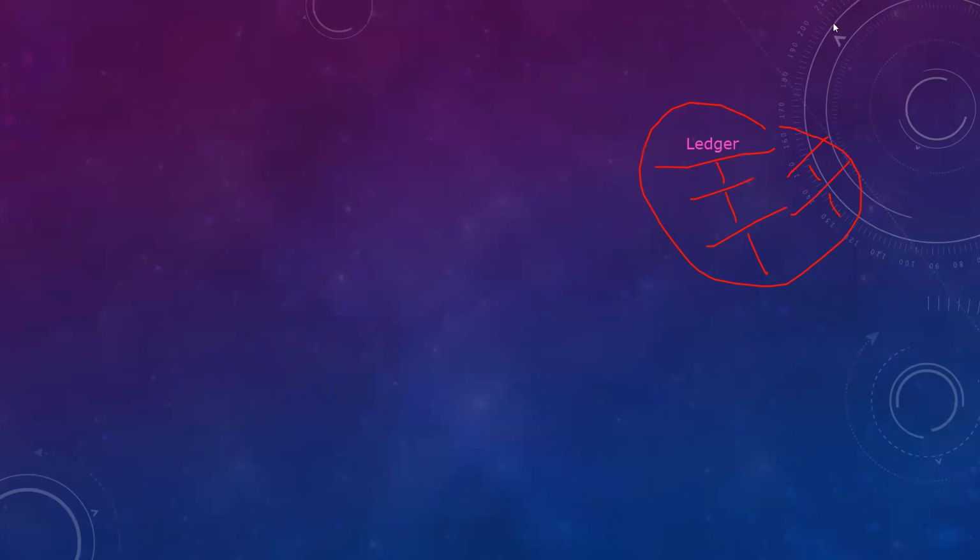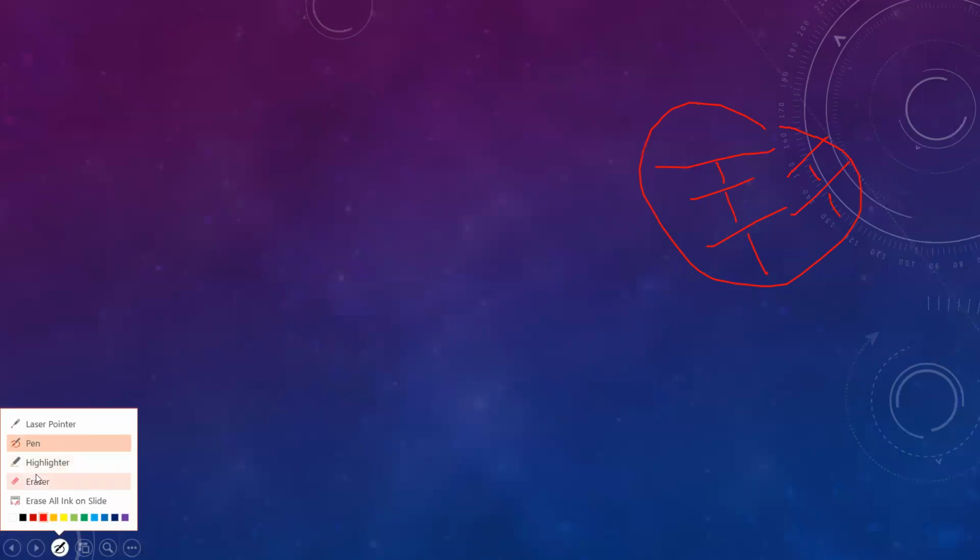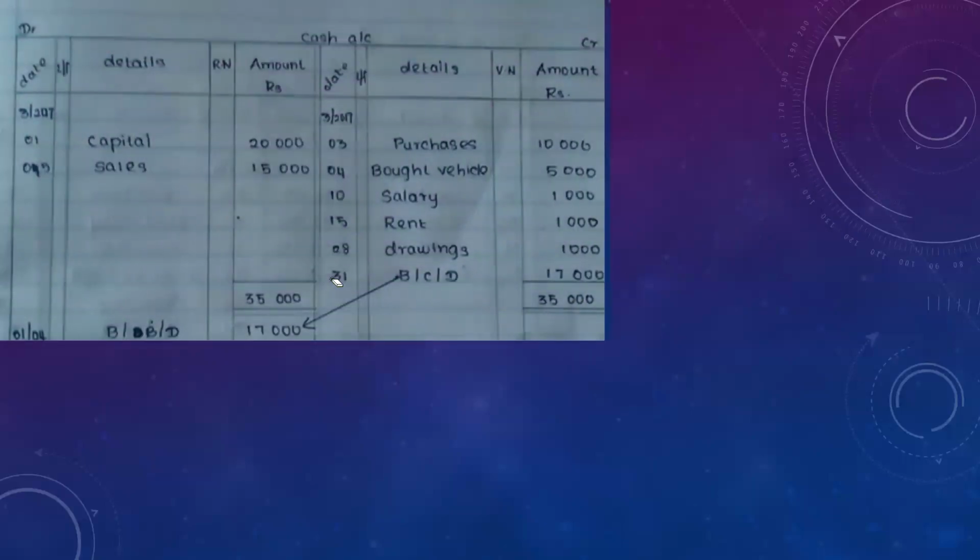Okay. Now let's come to a question. Straight away, I'm going to the question. This is a cash account. You already prepared it. You have this answer with you now. The first question, homework. I gave you 3 questions. Out of 3, the first one is this. So all of you already have the answer with you, so it will be easy for me to explain this.